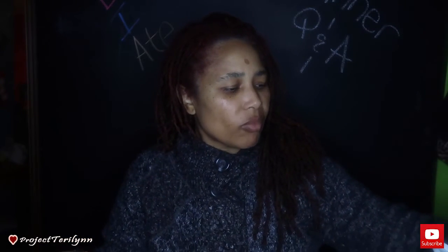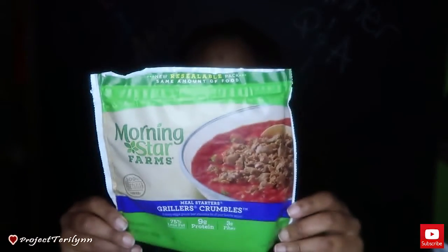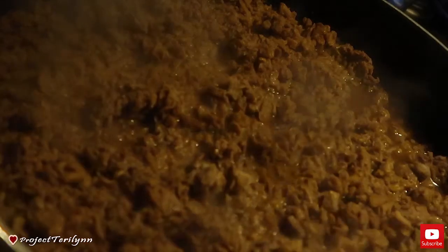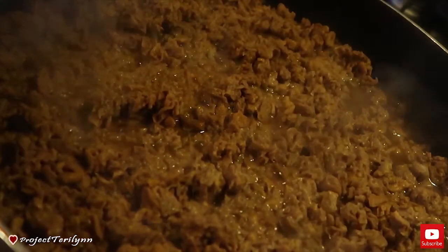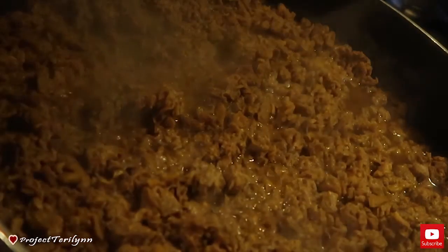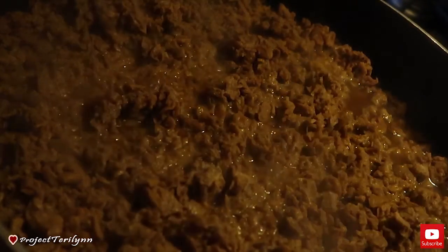So I used the Morning Star Farms Grillers Crumbles. This is the meat I used, and all I did was cook this first. What I like to do is cook it in the same amount of water that you're supposed to do the sloppy joes in, because they're all going to go together anyway. And from there,